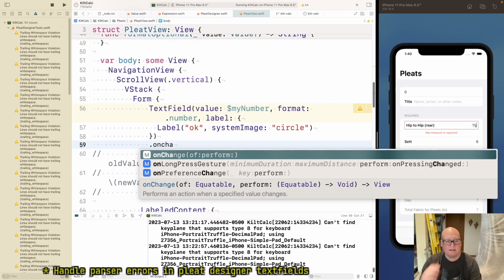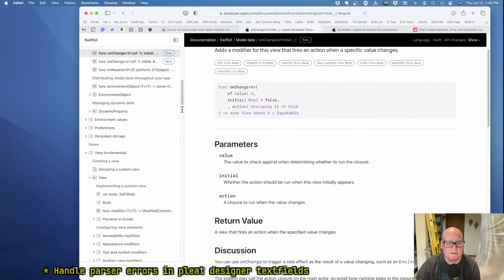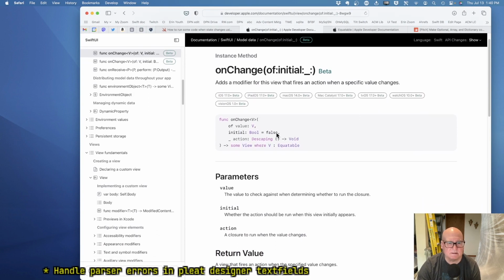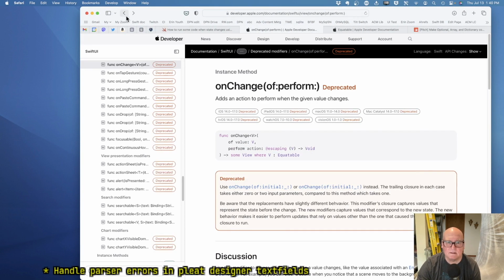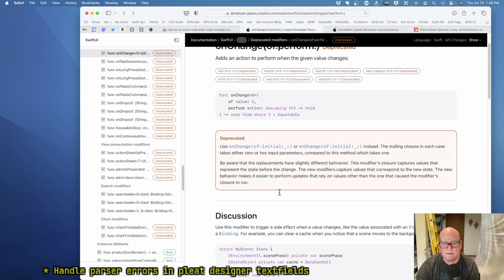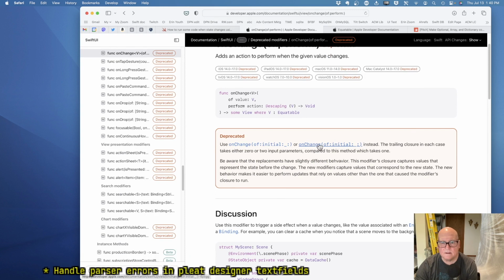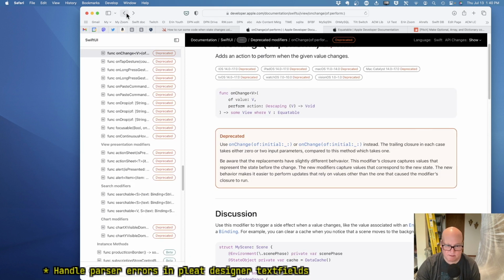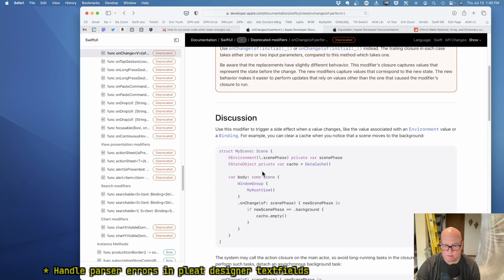They don't have that second one. Is this a beta? It is. Oh my goodness. Okay. On change of. This is also beta. So theoretically, like a month from now, this would work.